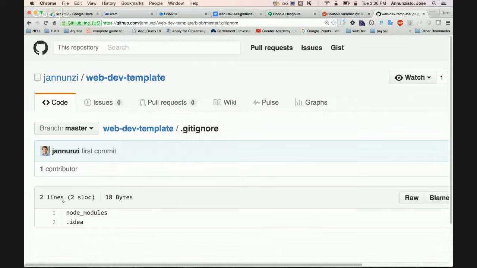Instead, the server is going to look at package.json, right? It will see all your dependencies and install anything that it needs from them. So there's no need for us to upload any of those libraries. This one is a